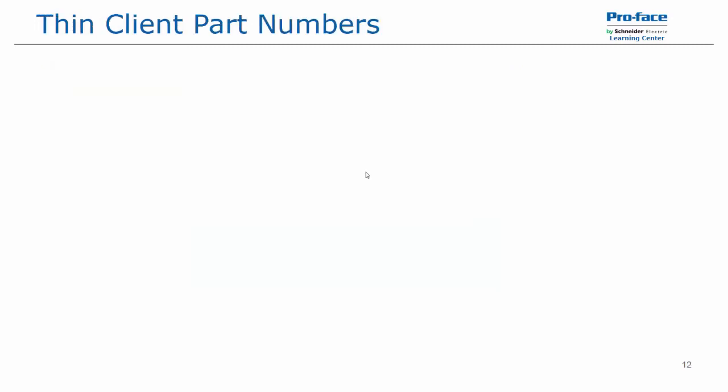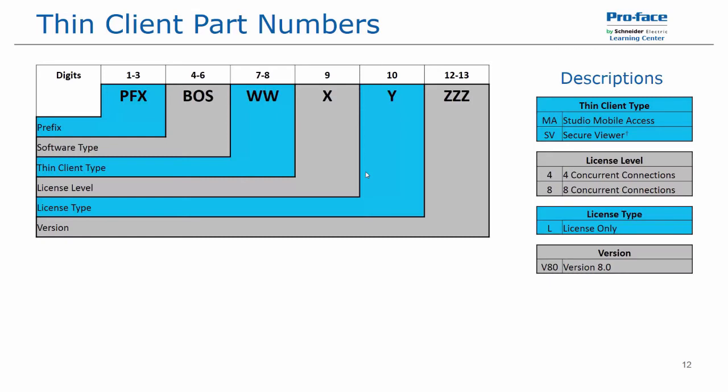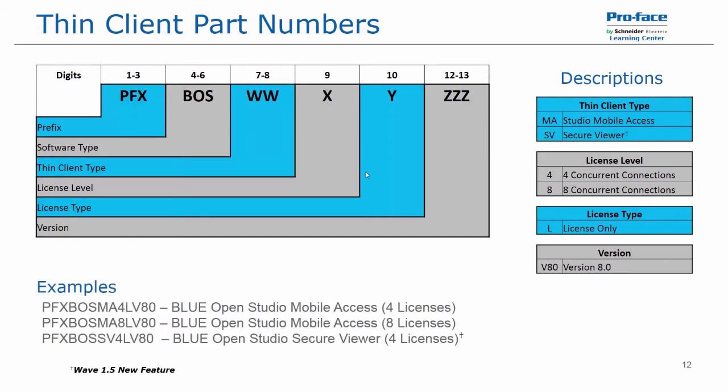Part numbers for the thin clients. The thin clients are both the SMA, or Studio Mobile Access, and Secure Viewer. And their part numbers follow the same syntax as other ProFace America products. Based on the table on the left and description on the right, we can determine what part number we need